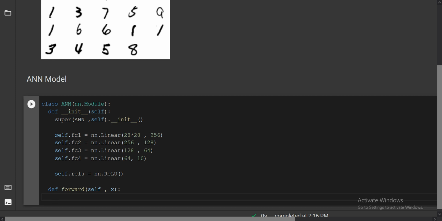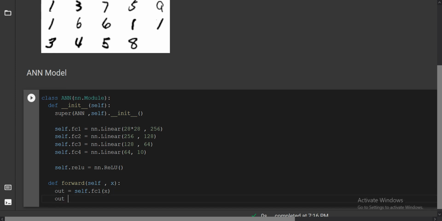Okay. So this is how it will go, it will go through the first fully connected layer. Like self, what you will write is output equal to self.first fully connected layer, and inside that it will take this image. It will give you the first output, and then after that again you can use output, it will just override the previous one. That's it. Then after the fully connected layer, you are using a ReLU activation function. You want to deactivate that neuron that has no more information in it, like a negative value. For that you are using ReLU.